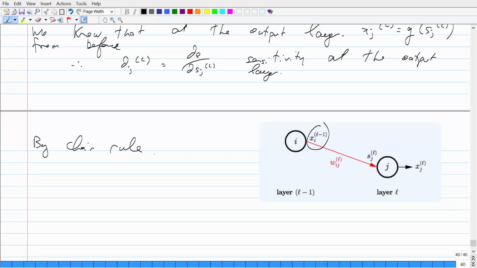So by the chain rule, the error depends on each of the inputs, directly through